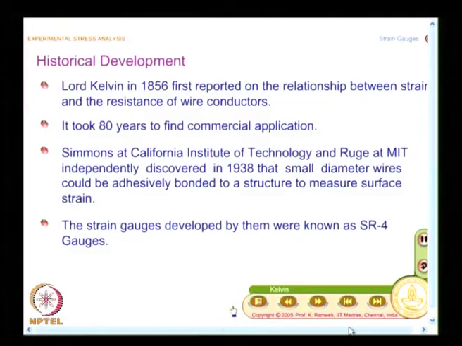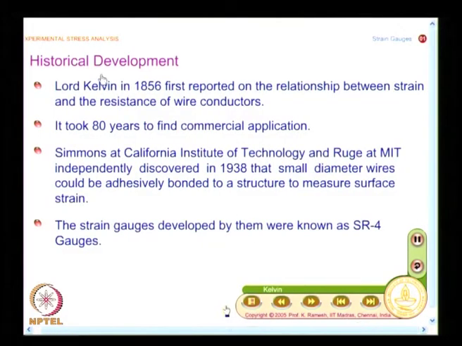Now, we will get into the details, and I have always been looking at the historical development of any of these experimental techniques. And we have already looked at, it was Lord Kelvin in 1856 who reported on the relationship between strain and the resistance of wire conductors. And you all know it took almost 80 years to find commercial application. And one of the earliest strain gauges was developed around 1938,